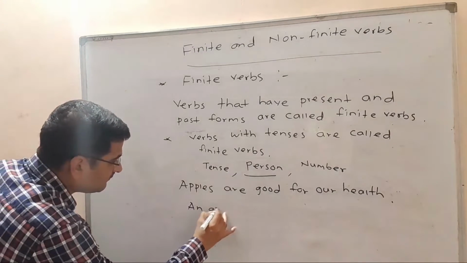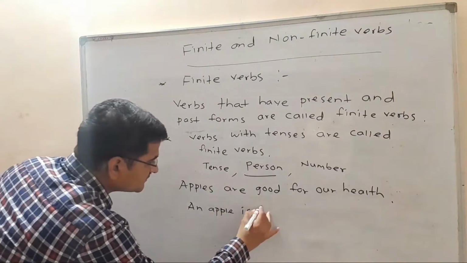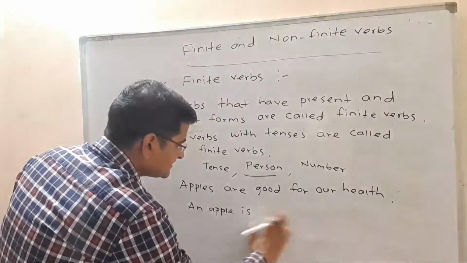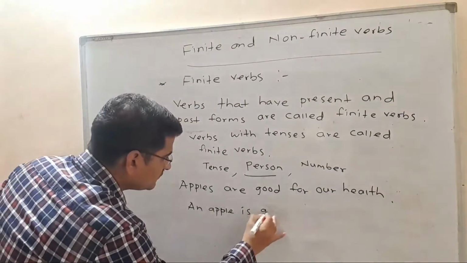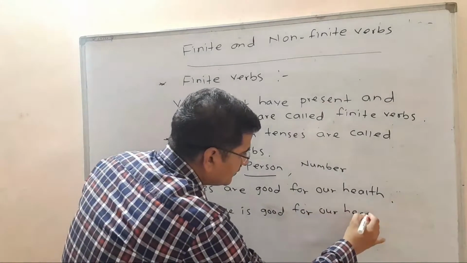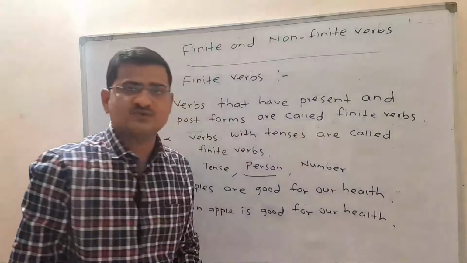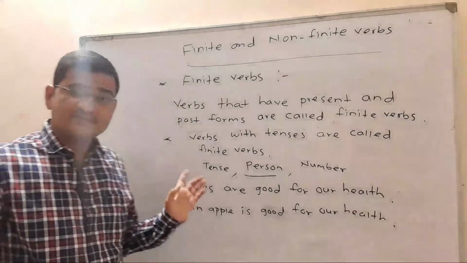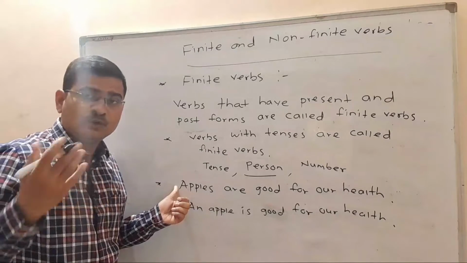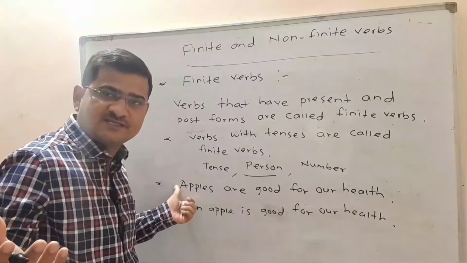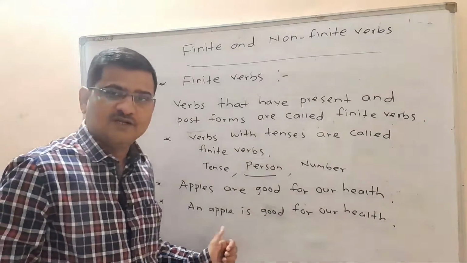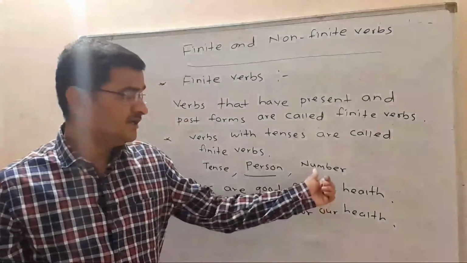An apple is good for our health. So here also see, in the first sentence we have used the subject plural. Apples is a plural subject. In the second sentence we have used a singular subject. So according to the number,